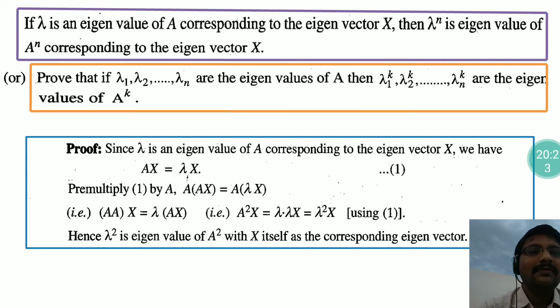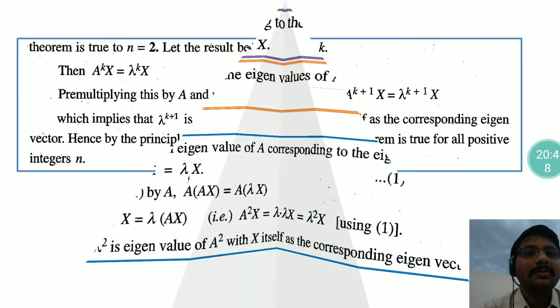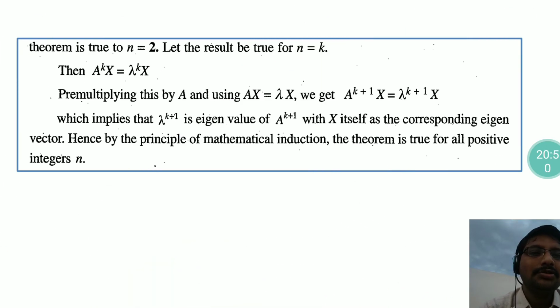The procedure is, first we have to prove the given statement is true for n equal to 1. Second, our assumption is the statement is true for n equal to k. Last, we have to prove that the statement is true for n equal to k plus 1. Hence we can say that by the principle of mathematical induction, the statement is true for all natural numbers n belonging to N.